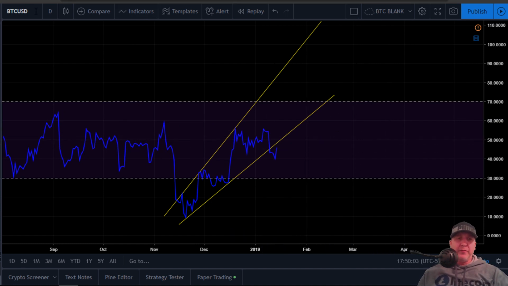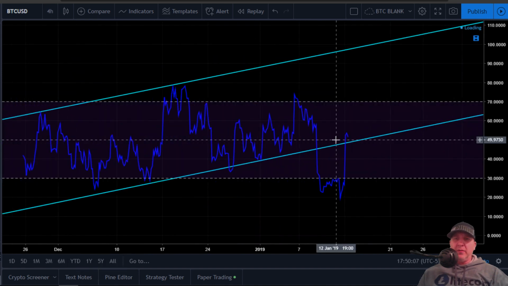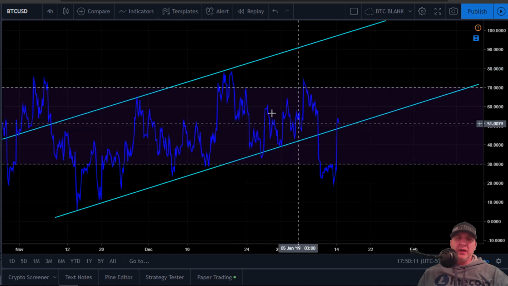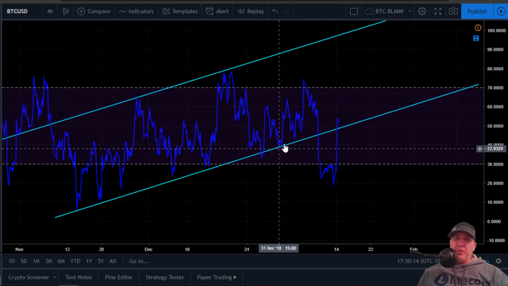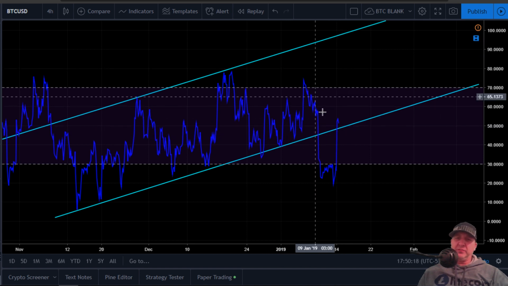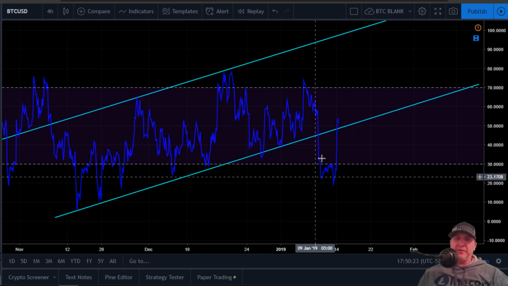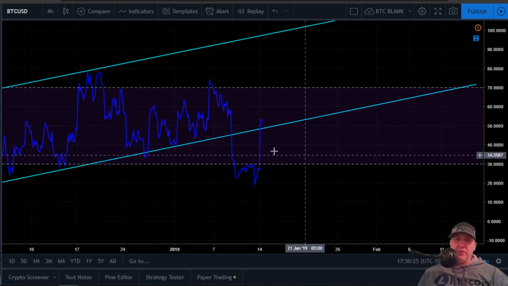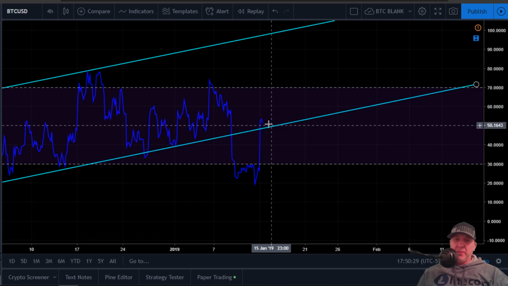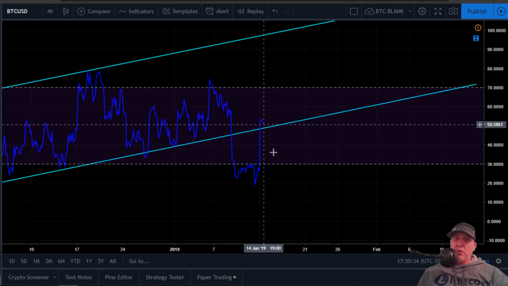I'm going to go into the 4 hour now. If you remember a while back, we've been watching this channel here in the 4 hour RSI, and I thought we were making higher lows and that we were going to continue up, maybe touch this, but I did say to watch this bottom line, and if we dropped through, we'd have a sell-off, and that's exactly what happened. But if you notice, it looks like we popped back up in here. We could continue up, maybe come down, test this for support and go back up, or break through.